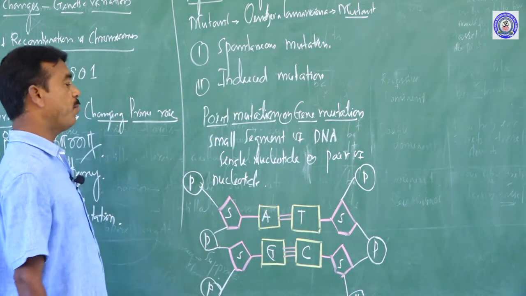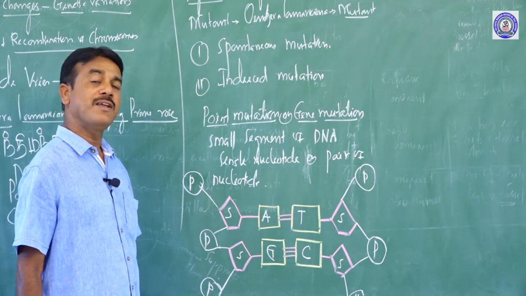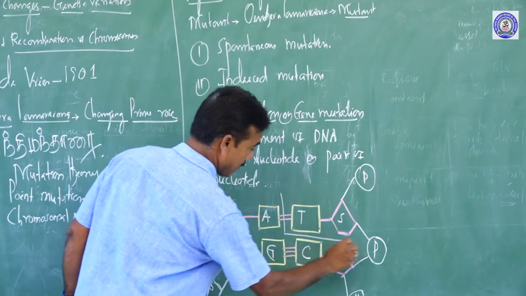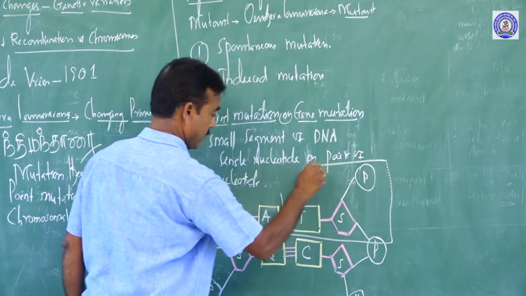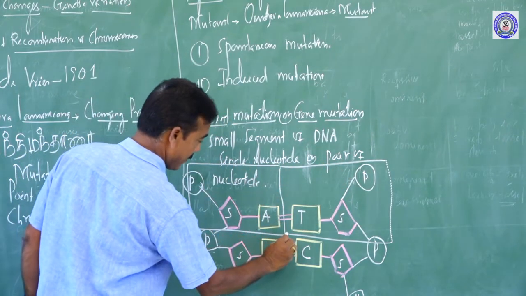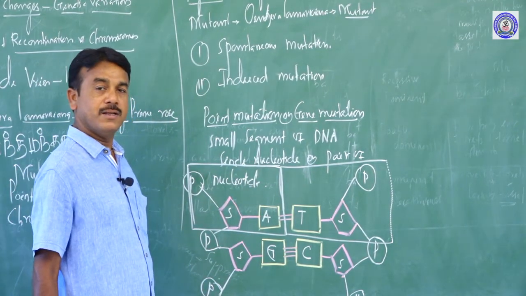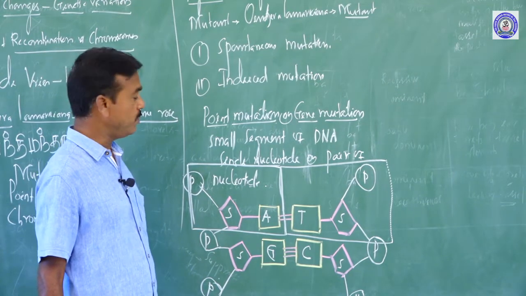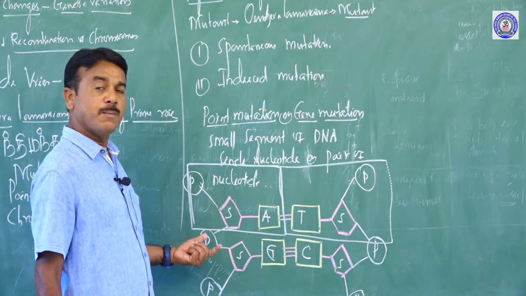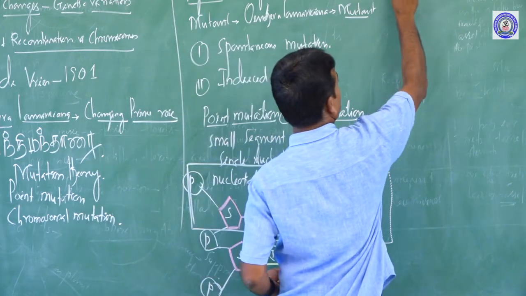So what I am telling about point mutation: sudden changes occur in a small segment of DNA, either a single nucleotide or a nucleotide pair. That is commonly called gene mutation or point mutation. Based on that, point mutation can be classified into various types, namely, first one,